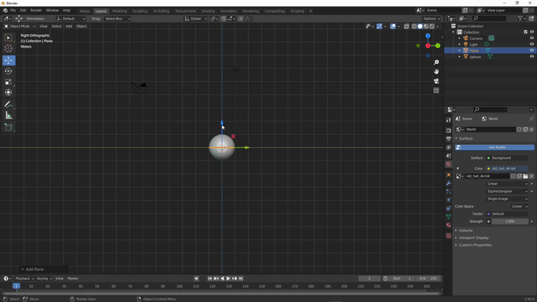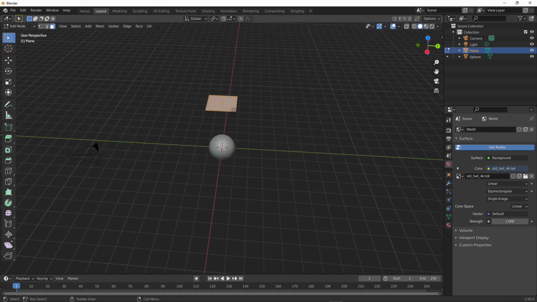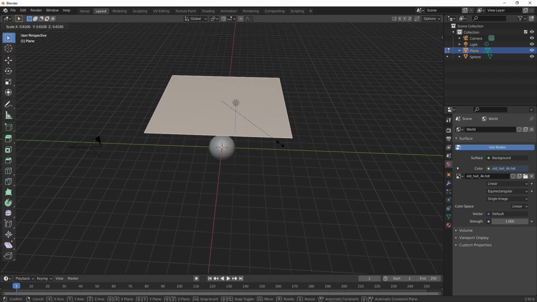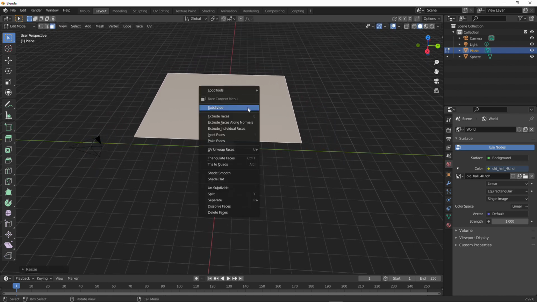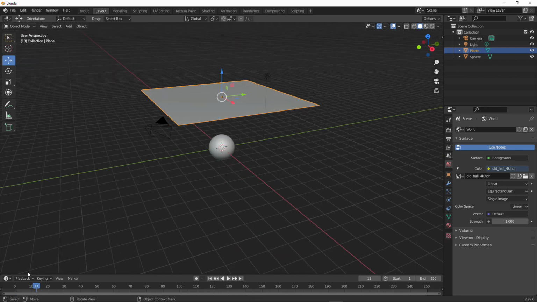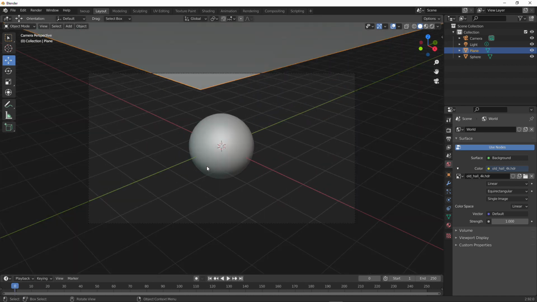So I add in a sphere and a plane to start with, and we're just going to scale that up and add in some loop cuts. This is to give the cloth simulation some data to work with, so we get that done, and then we just go ahead and we add in some